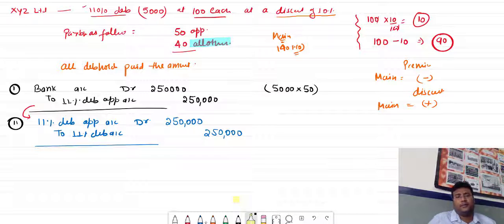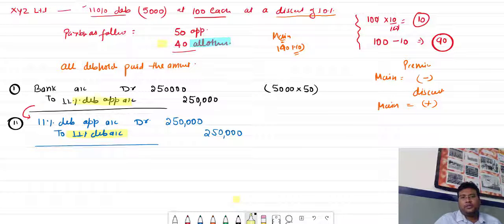But always remember there is a similarity between debenture and share. All treatments are the same. Only at the place of share application you have to write down the debenture application. And always remember, whenever we are using the word debenture, the percentage should be mentioned with the word debenture. Like in the share we are writing share capital, so at the place of share capital it will be percentage debenture. So this is the first entry for the debenture application. So now we pass the allotment entry.